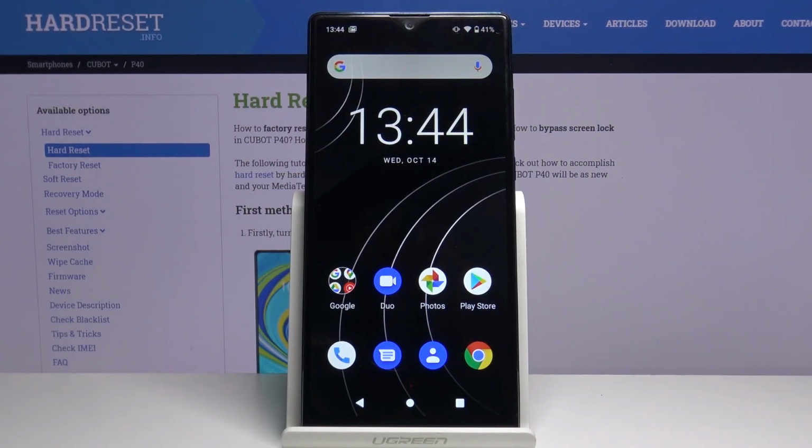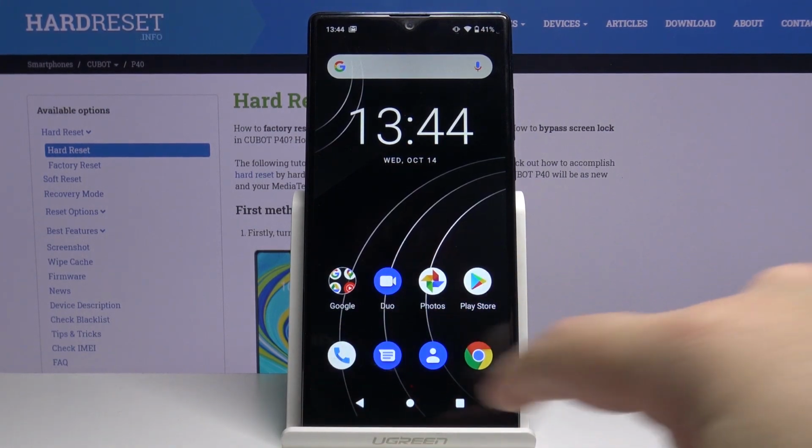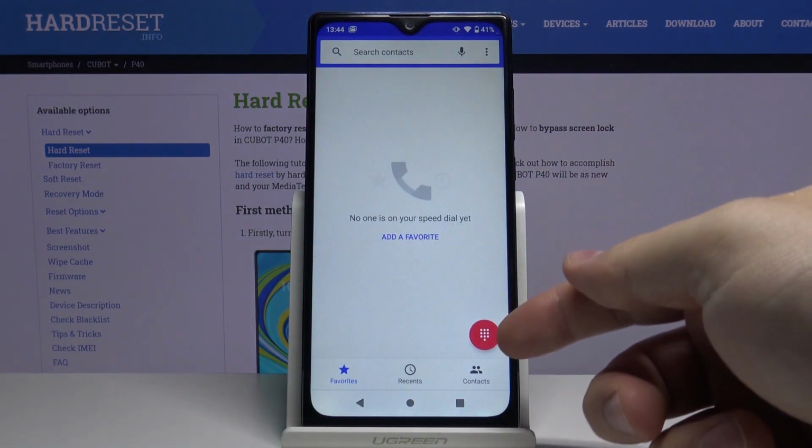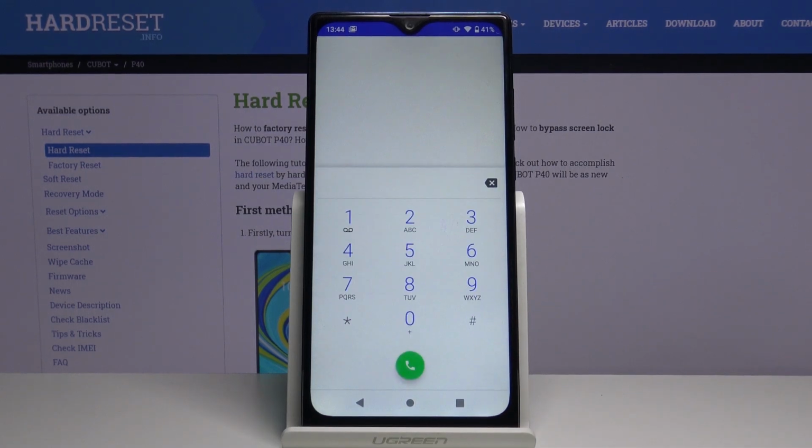Hi, in front of me I have CUBOT P40 and I'm gonna show you a few secret codes you can use on this device. Let's start by opening the phone app. To do it, tap on this icon right here. In the app, let's tap on this icon to open the keypad. And now we can enter the first code, which is